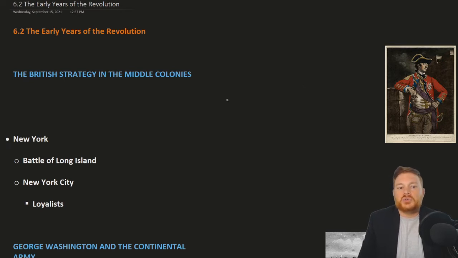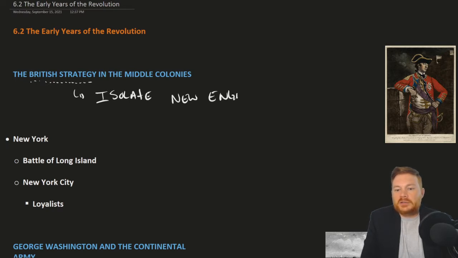So Great Britain's strategy for dealing with this rebellion, as they viewed it, was to isolate New England, especially from the British perspective. New England was where really the most intense feelings of separation were held. That was where the Boston Tea Party occurred, the Boston Massacre. It's where the fighting had already broken out at Lexington and Concord and Bunker Hill. And so, from the British perspective, New England was kind of the engine driving